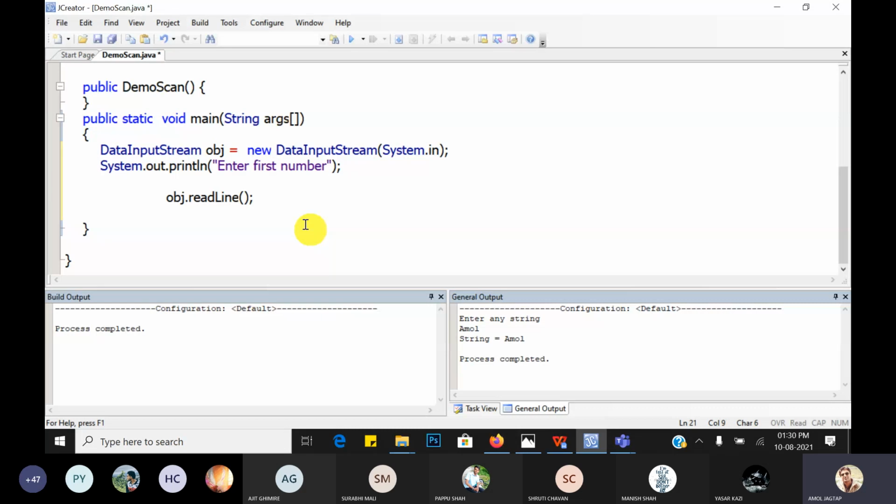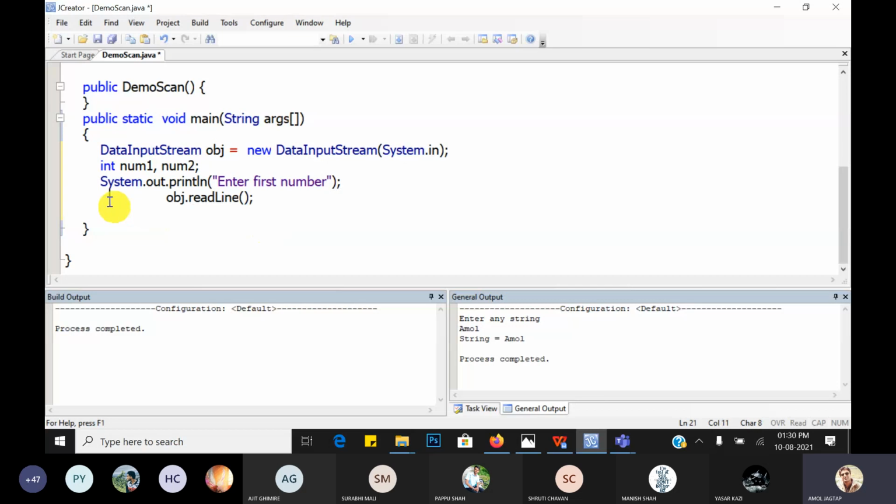Second, the object.readLine method scans the value, but what does it return? It returns a string. But where do we want to save it? Into an integer value. There are two integers, int num1, num2.